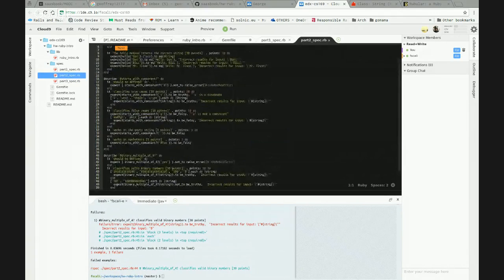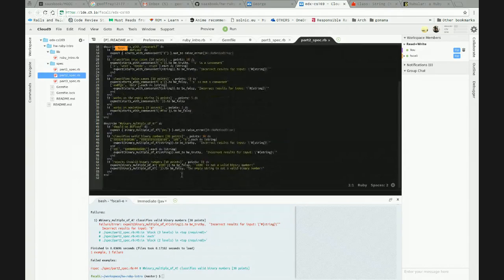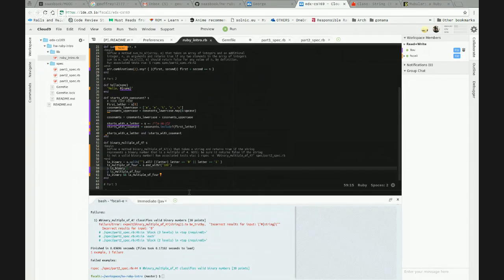Okay, let's see the spec. So I see that 0 should return true. Yeah, absolutely, because it's a multiple of 4. 4 times 0 is 0.